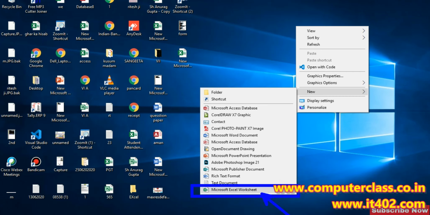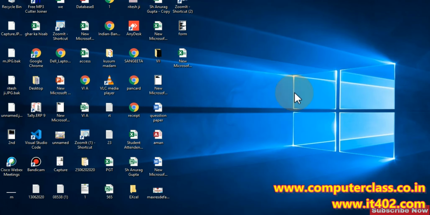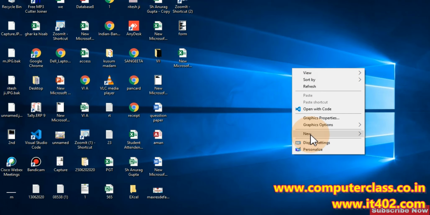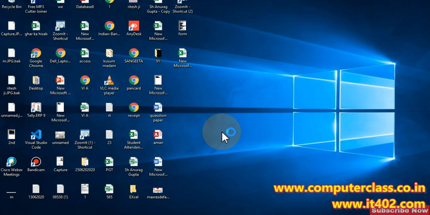You need to click on these particular options: right click, New, and then Microsoft Excel.